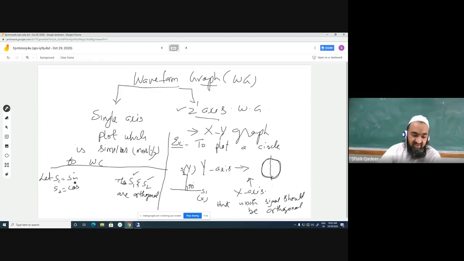S1 is sine signal, S2 is cos signal। अब ये दोनों का डॉट प्रोडक्ट निकालो, अब क्या आता आपको? We will get 0 and the phase difference between sine and cos is how much? 90 degree, so it means that sine and cos are orthogonal signal। Perpendicular and orthogonal. Yes, अभी सबको समझ में आ गई ये बात?